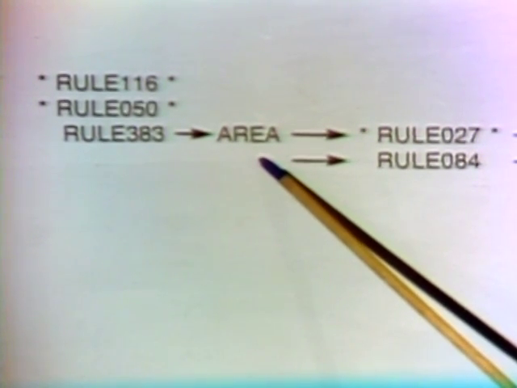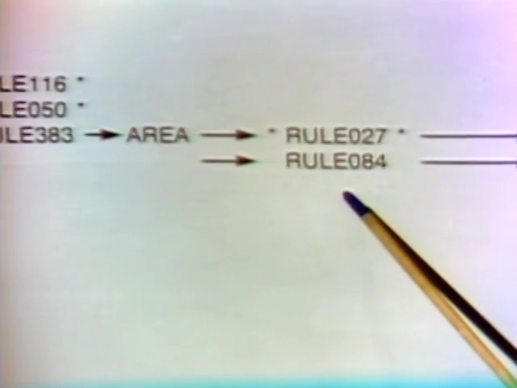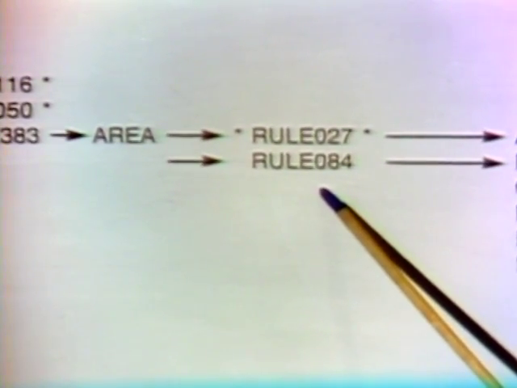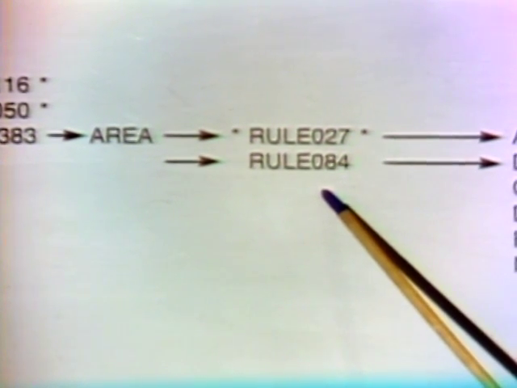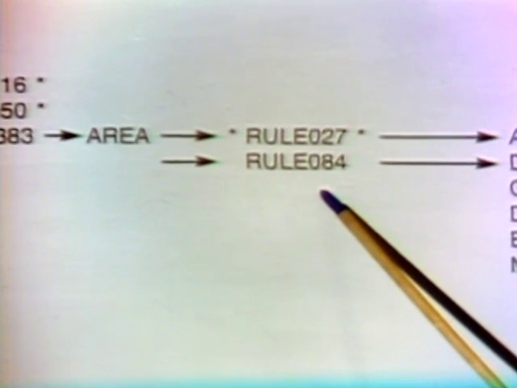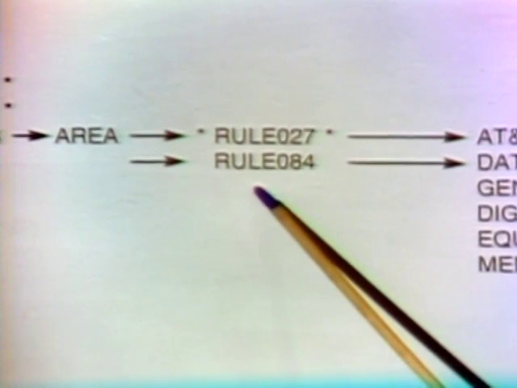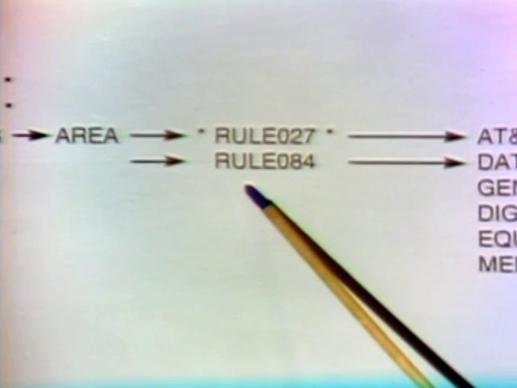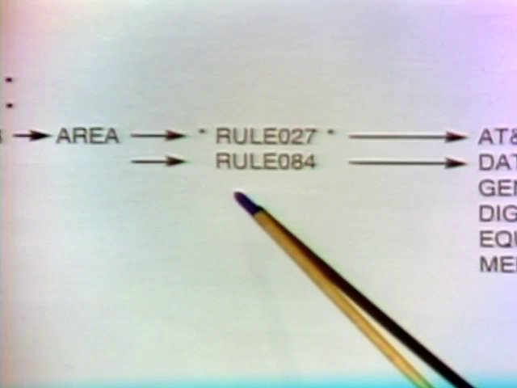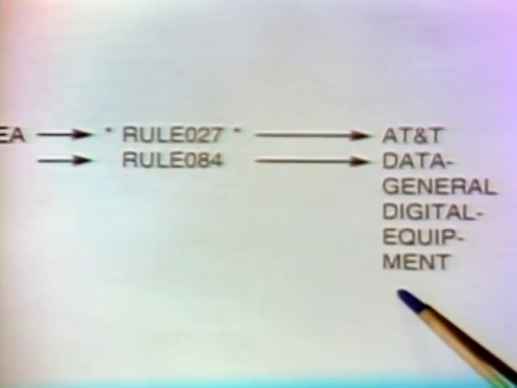That gives us a value for area, and that does 2 nice things. First of all, it inhibits Rule 27 from firing, because remember, 27 fired because it lacked a value for area. Now we've got one. Now Rule 27 won't fire, and the AT&T will disappear. But more than that, it turns out there was another rule in the system, 84, which was just sitting there waiting. It needs a value for area. It didn't have one last time. Now it does because 383 is there. And it turns out that Rule 84, in turn, is the one that gives us our new values.